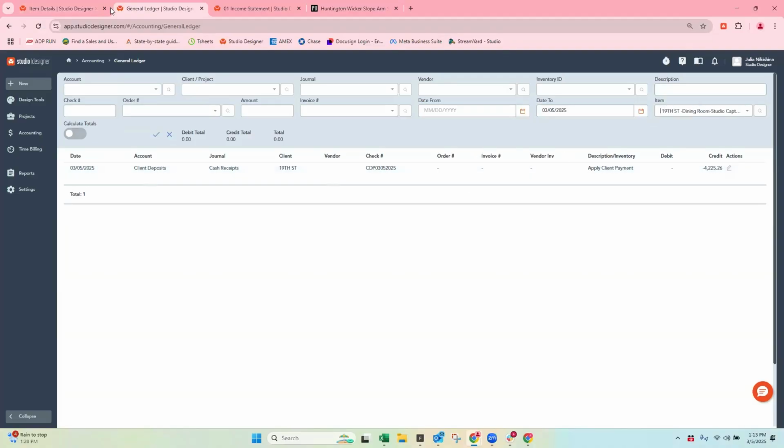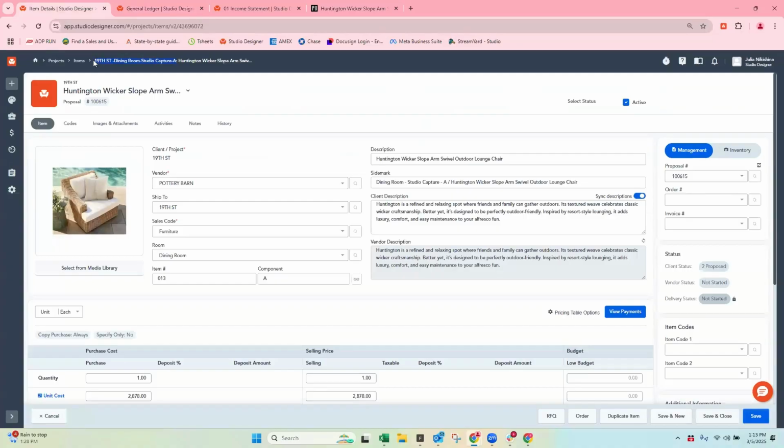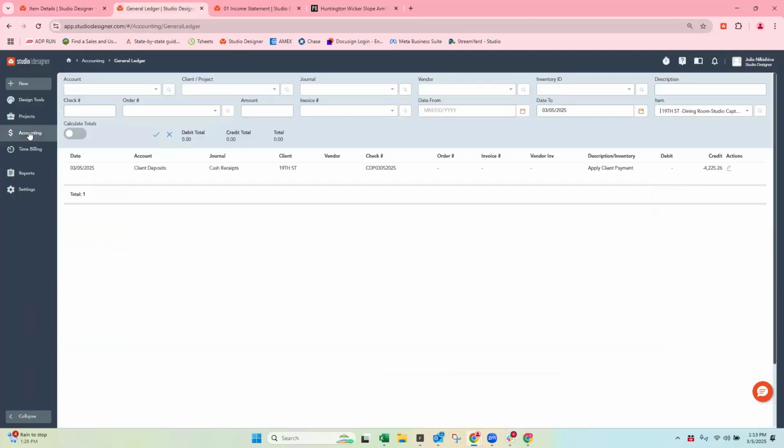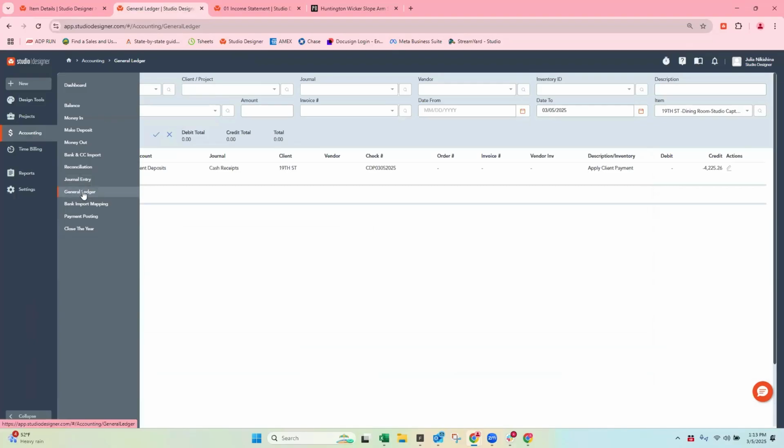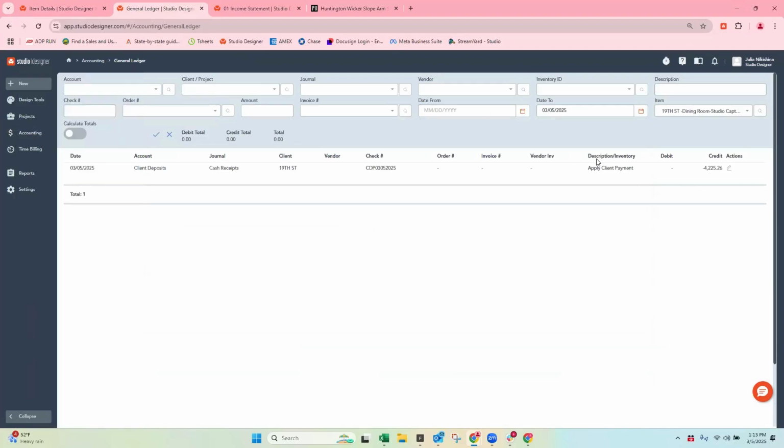But what I did was I took this top line up here, the detailed description of the item, and I copied it into my general ledger. I got to my general ledger by going to accounting and right-clicking general ledger. And from here, all I'm trying to do is understand the financial flow of money tied to the item. This will be applicable to all of your items, and hopefully this will allow you to manage the financial reporting in a better and more proactive way.